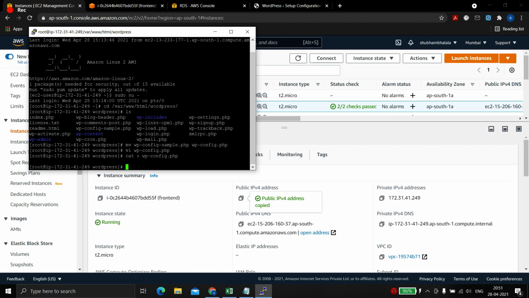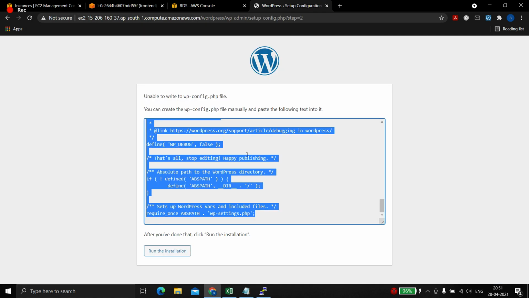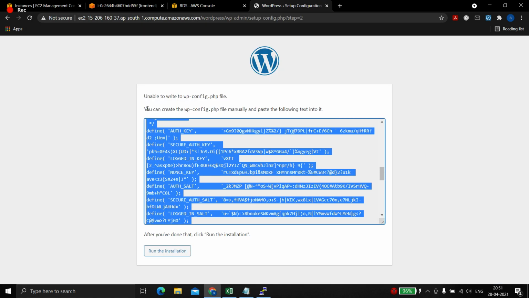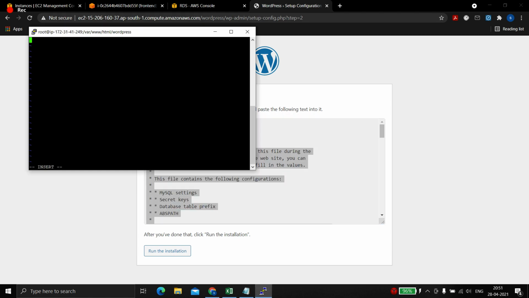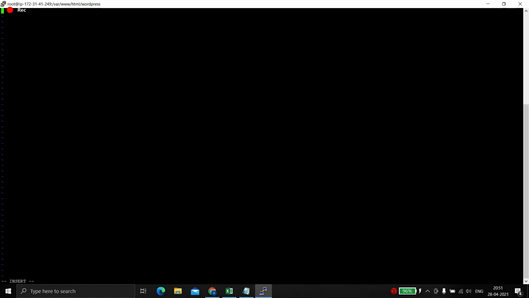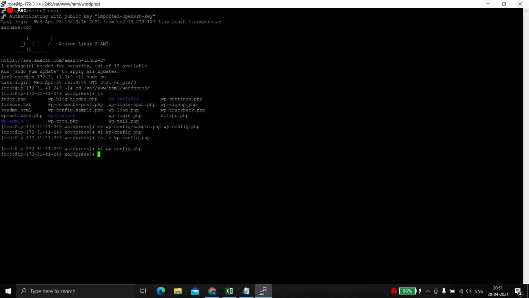It will overwrite this file, and now we will go inside it and paste the whole data which we got from here. So again, let me copy the whole data, go to the system, insert is on, yes, everything is fine, save it, and done. So everything is done,